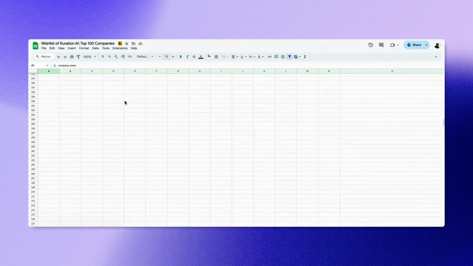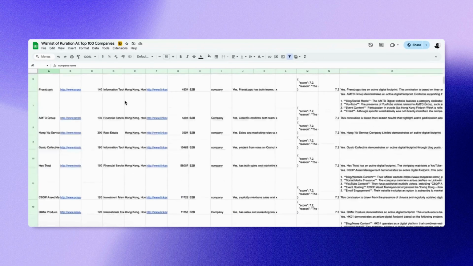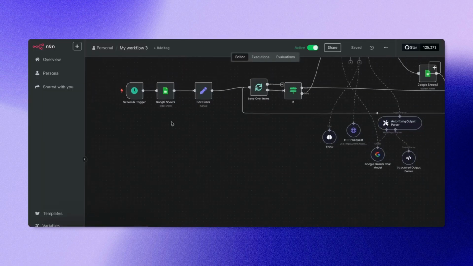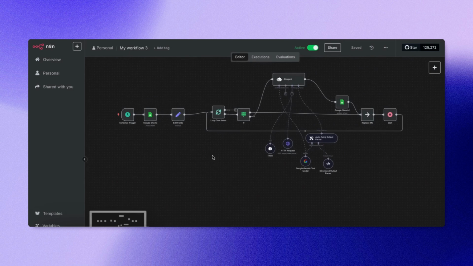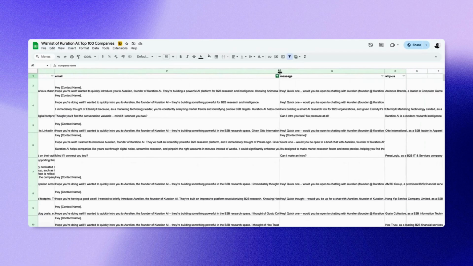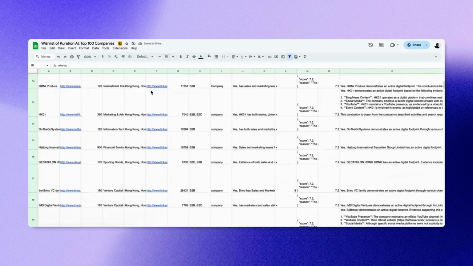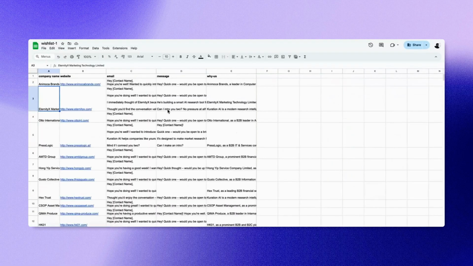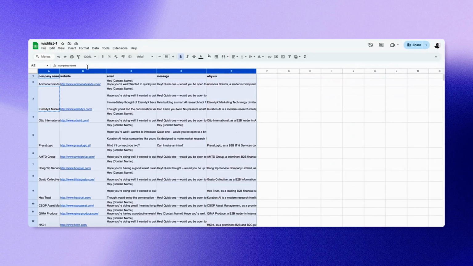The next step in creating the wish list was exporting the database we created into a Google Sheet, which includes all the necessary details. After filtering down to 100 rows, we added 3 more columns: email, message, and why us. We ran a brief n8n workflow to generate the content for the email, a casual message, and a why us blurb explaining why Kuration AI is a good fit for each of them, using the Gemini 2.5 Flash Chat model. This workflow utilized the sheet's data to create these 3 messages. From there, we selected the top 25 companies whom we'd like to engage with for business. We then exported the relevant information to a new sheet named Wishlist 1.